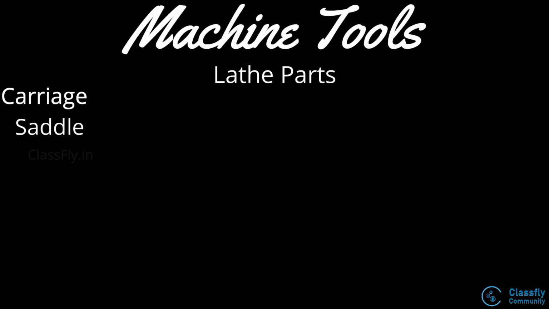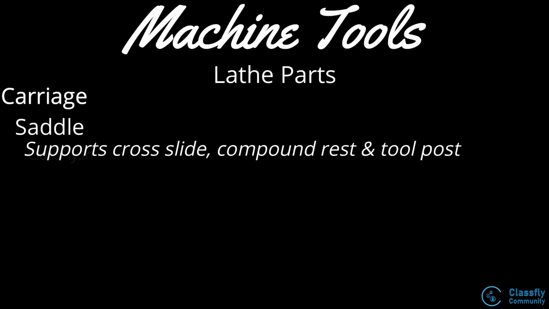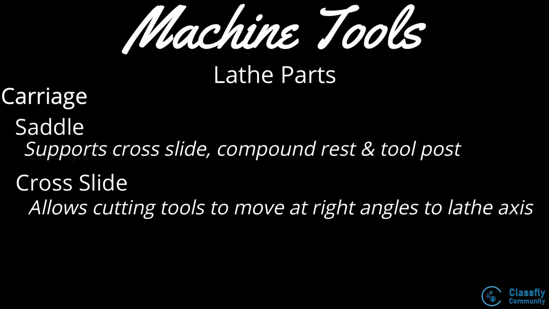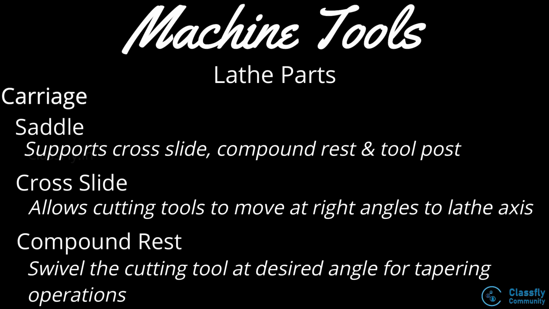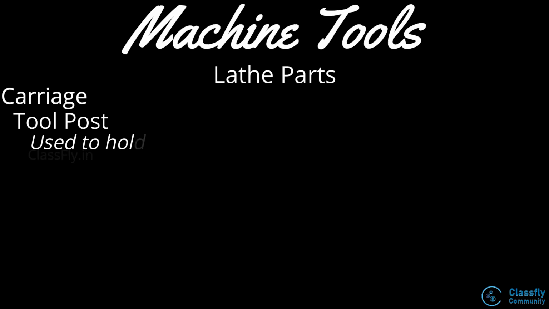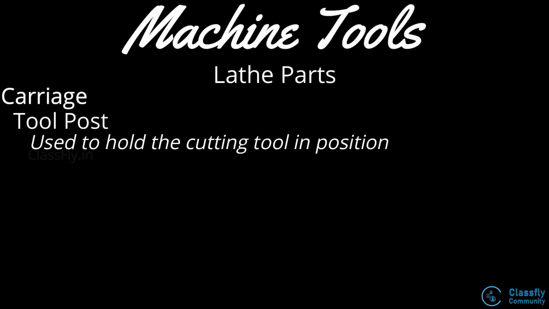the carriage, which consists of the saddle, which is used to support the cross slide, compound rest and tool post, the cross slide, which allows cutting tools to move at right angles to the lathe axis, the compound rest, which is used to swivel the cutting tool at any desired angle, the tool post, which is used for holding the cutting tools firmly in position,